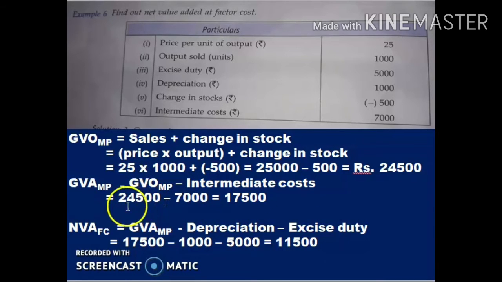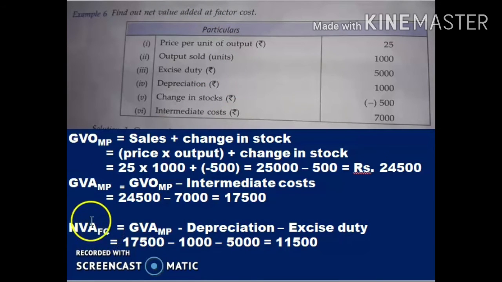So we had found 24,500 minus, in the question, it's given 7,000. 24,500 minus 7,000 equal to 17,500 is the answer. So how will you convert this, that is GVAMP, to what is the question? Net value added at factor cost,